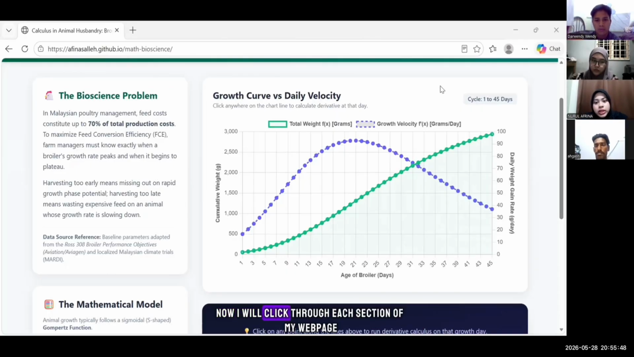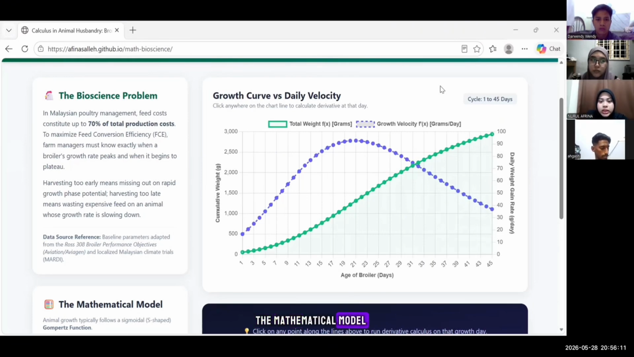Now, I will explain each section on my web page and what is meant. This section is the bioscience problem. It introduces the real issue, high cost in poultry farming, and explains why mathematical modeling is needed. The second,